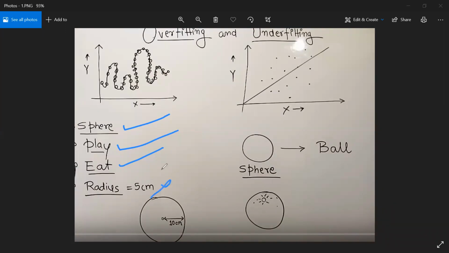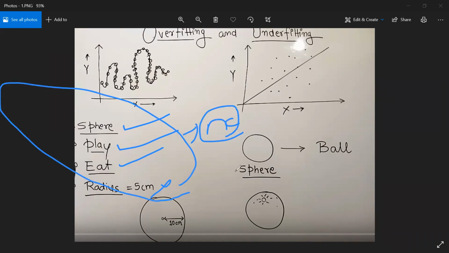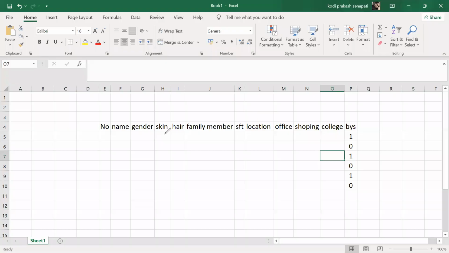So now what is my outcome? If I ask whether the test image is a ball or not, what is your answer? No. As per these conditions, I'll get that the object is not a ball. But to be honest, that is a ball. Misclassifications happen. Everybody clear? That is the overfitting problem. I explained it, please understand.